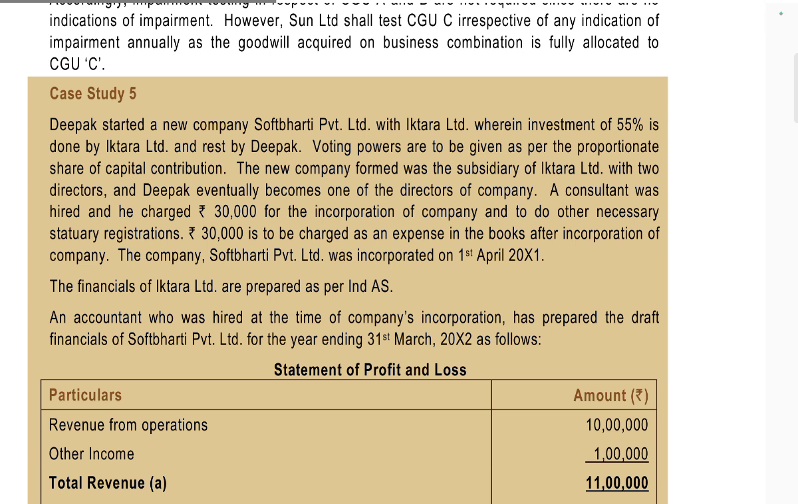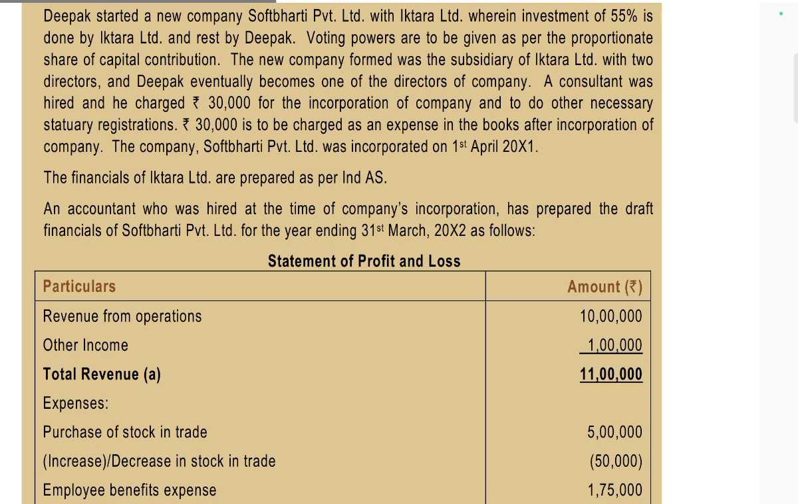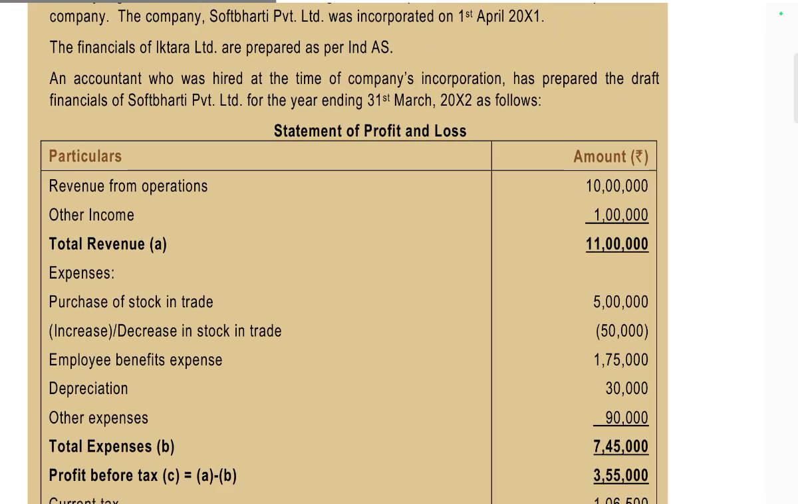A consultancy was hired, and it charges 30,000 for the incorporation of the company and other necessary statutory registrations, and 30,000 to be charged on the expenses of the books after the incorporation of the company. The company, Softbury Private Limited, was incorporated on 1st April. An accountant who was hired at the time of company incorporation has